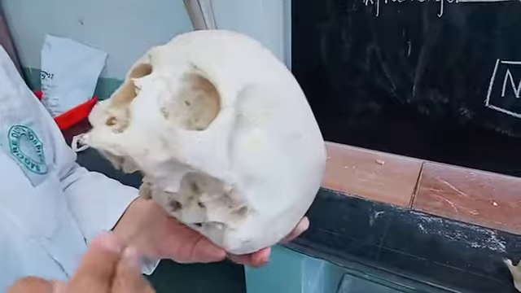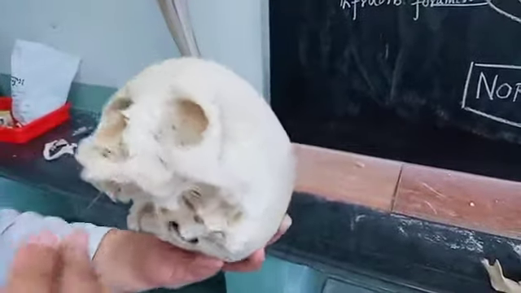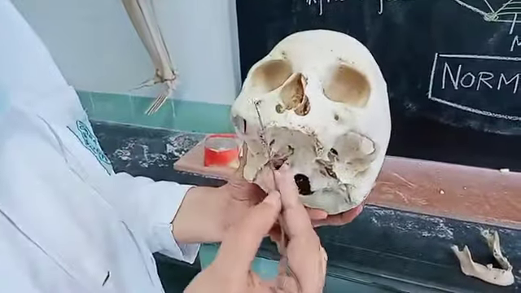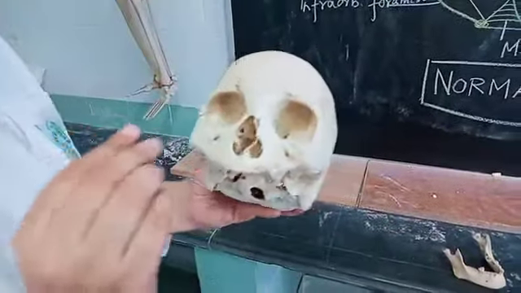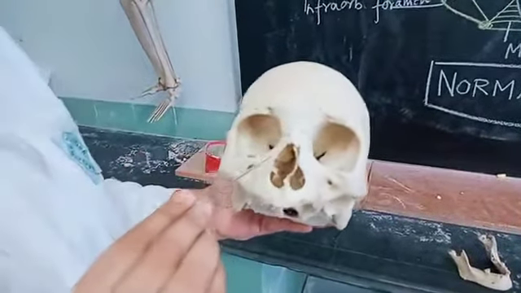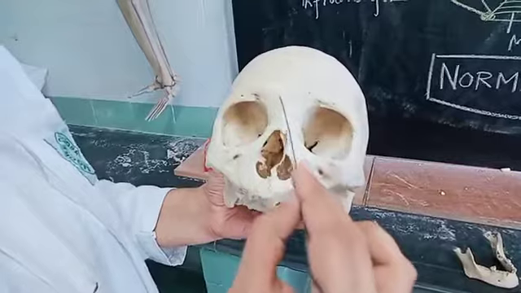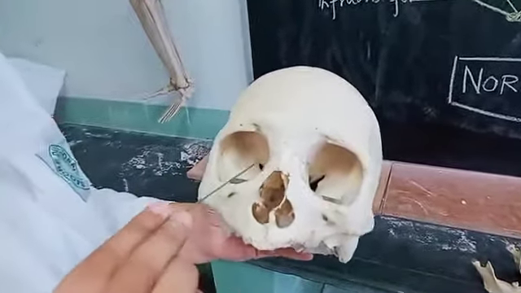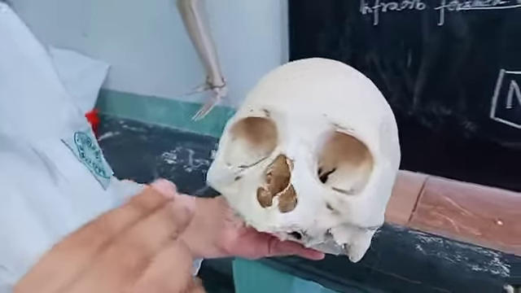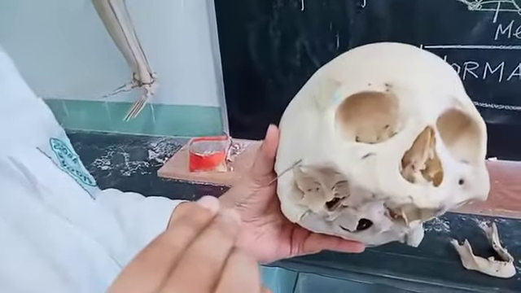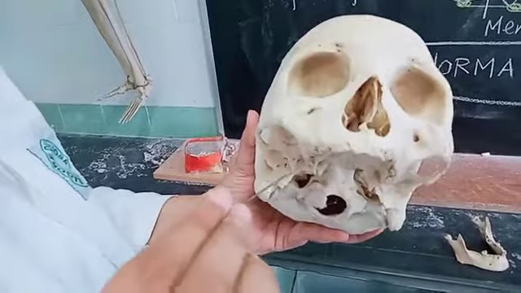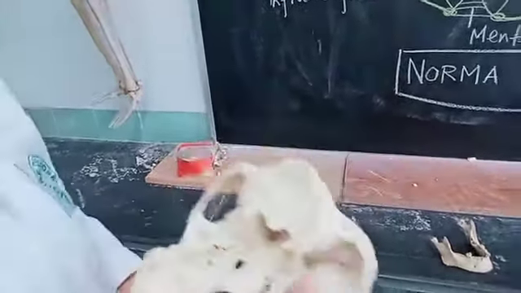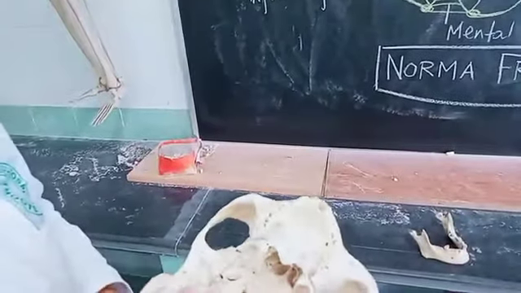Next is the upper jaw, that is this part bearing the teeth. It is the maxilla mostly, and here you see this is the body of the maxilla, and there are four processes. One is the frontal process articulating with the frontal bone above, medially with the nasal bone and laterally with the lacrimal bone. Next, this is the zygomatic process. These are the alveolar processes, and this is the palatine process of the maxilla.